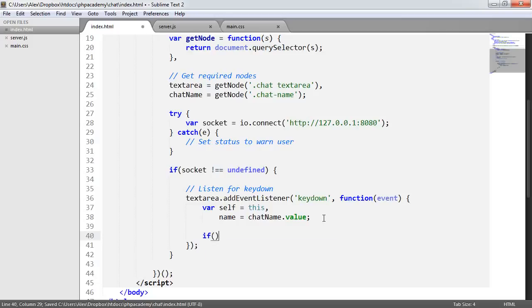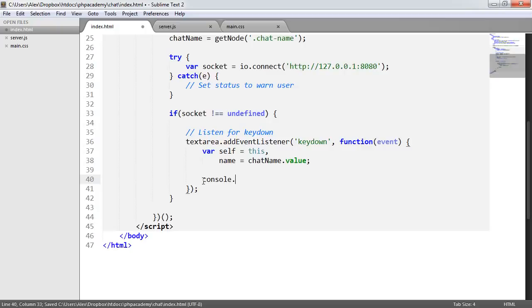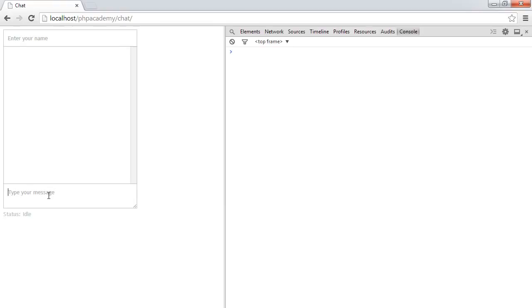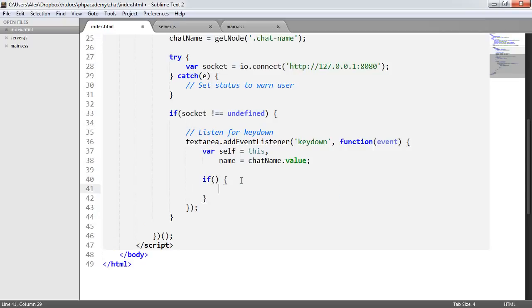So now what we want to do is check the event for the enter key. I'm just going to test this out, and this is a good tip: event.which. Which is basically which key is pressed down. So when I type in A, for example, it gives me the numerical equivalent of which key I press. If I hit enter, it comes up with 13. So we know that we can check for key 13. So here I'm going to say if event.which equals 13